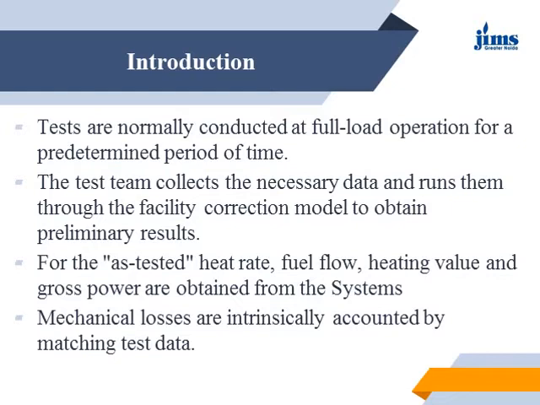Data may be like heat rate, fuel flow, how much fuel is consumed per hour, and what is the heating value of that particular fuel. The fuel may be low grade coal or high grade coal, and depending upon the quality, the heating value may differ. Then we take the gross power obtained from the system, and definitely there are losses between the mechanical parts. They may be frictional losses, or operational losses. All these losses are considered, and after that we take the efficiency of the plant.